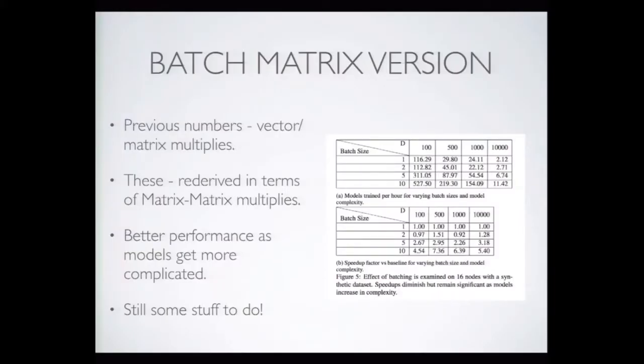So as we turn up this batching parameter, this batch size closer to 10, we really do see 7x speedup, again for sufficiently small models, but it works even better on larger models than the previous version. So there's still some stuff to do here. These are very early results. But the idea here is that we can potentially train models in parallel. And in practice, this might be an important thing to do for a data science workflow.